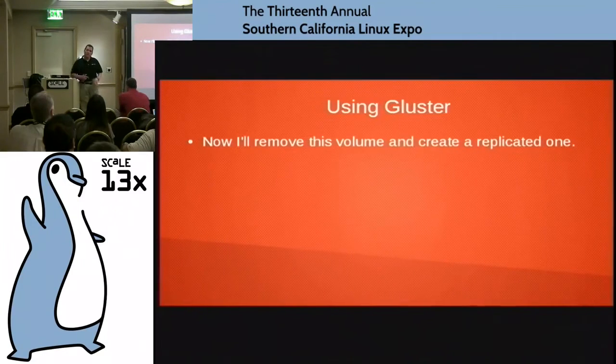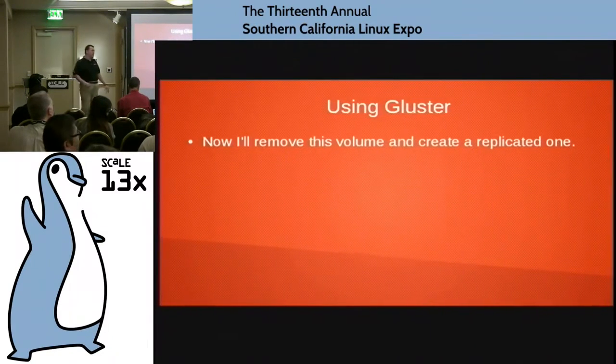Yes, ma'am. Gluster works with everything. Yeah, you can back Glance images, you can back Swift, Cinder. I think that's it. But yeah, this is just storage. The whole point of this is we abstract what's underneath it, and the goal here is to make it as flexible as possible, as a backend for anything that you want. Yes, sir.